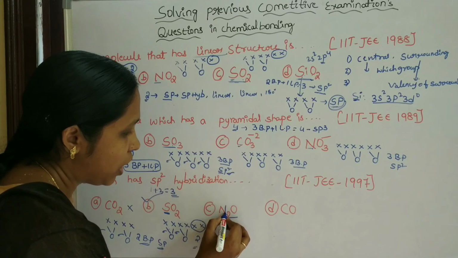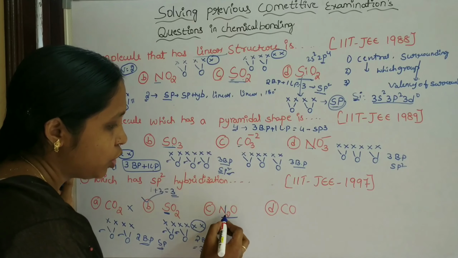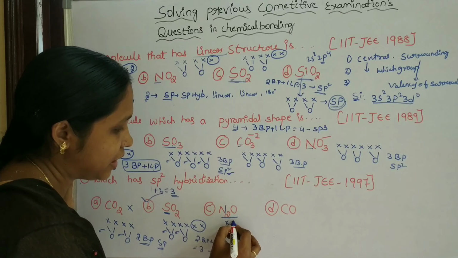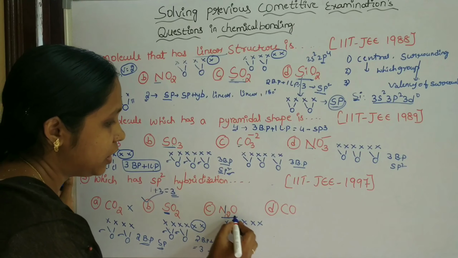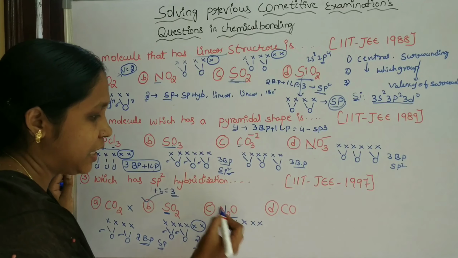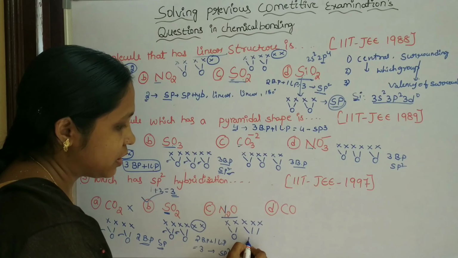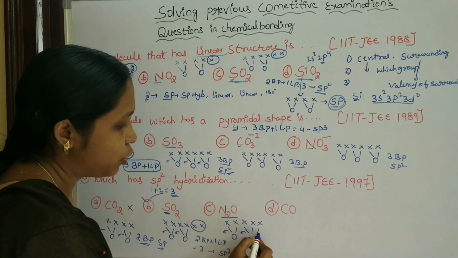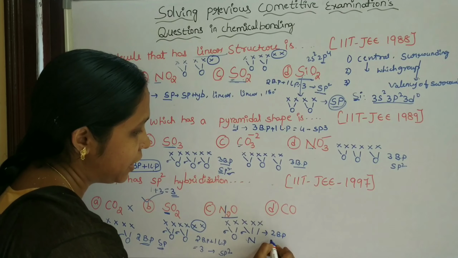The molecule is made up of 2 nitrogens and 1 oxygen. One of the nitrogens is the central atom, with 5 valence electrons. The oxygen has valency 2, combining with 2 electrons, and the other nitrogen has valency 3, combining with 3 electrons. So oxygen forms 1 sigma and 1 pi, and nitrogen forms 1 sigma and 2 pi. The sigma bonds are 2, meaning the molecule has 2 bonded pairs. 2 bonded pairs means sp hybridized.